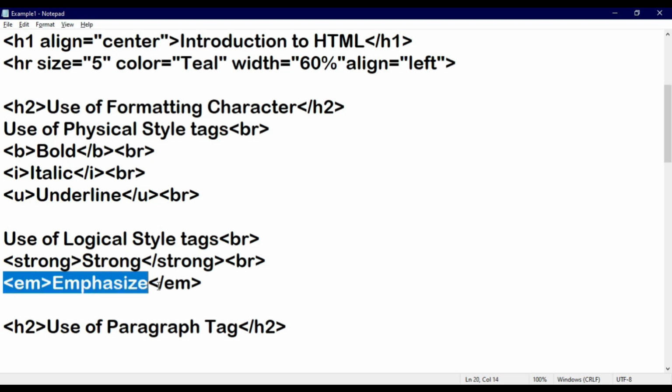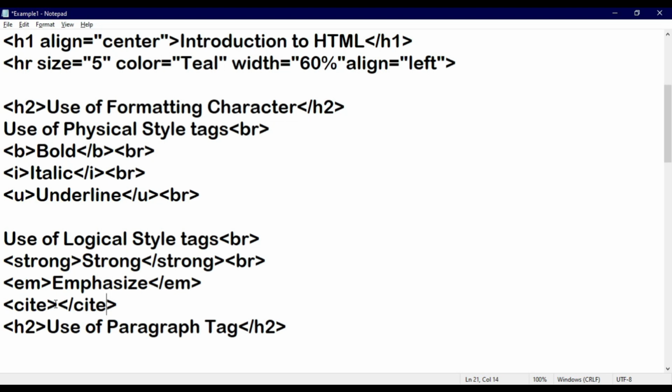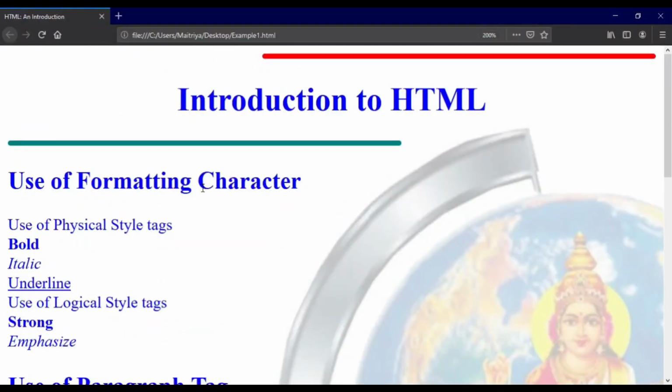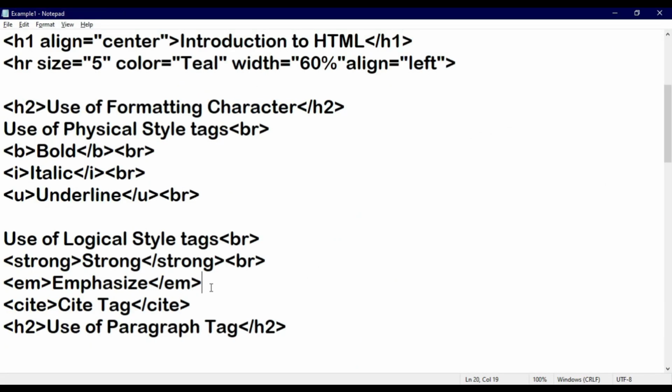Like this, another tag is also there. Here I am writing another tag, that is CITE, and CITE close. Just save your file and press the F5 key. You will not get a difference in your output, students, because the use of CITE tag is also equivalent to your italic tag only, in which it will cite important text such as the title of any particular page or any title.